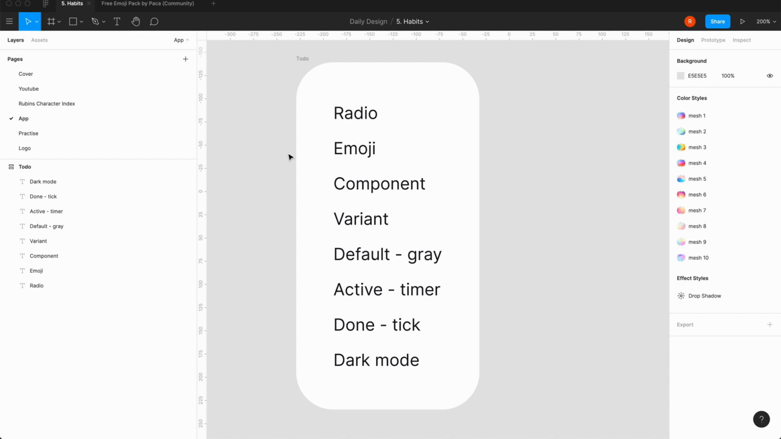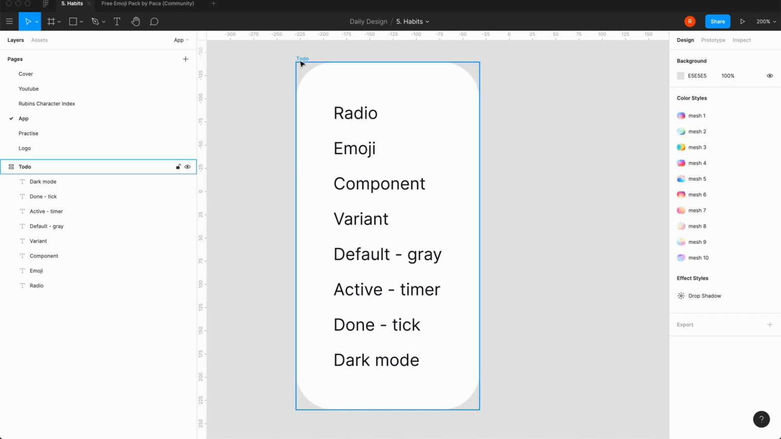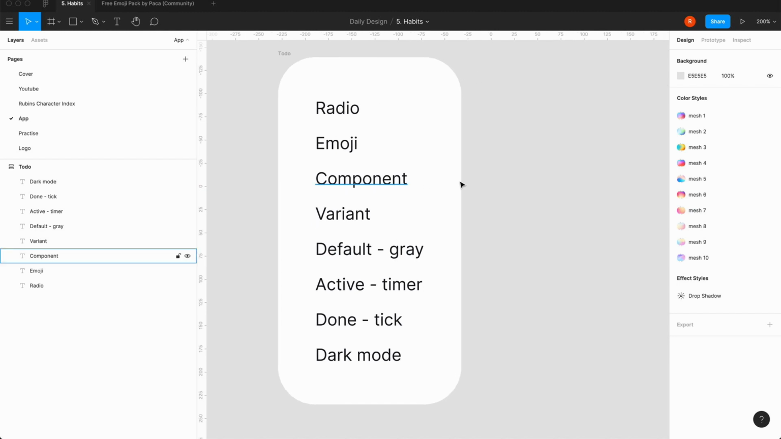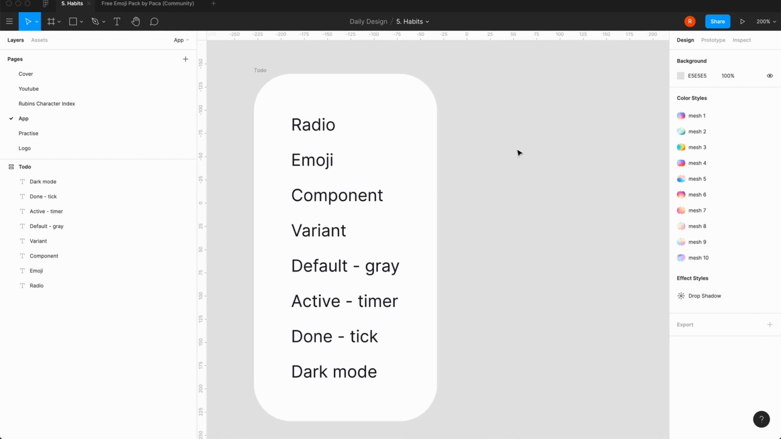And what we're going to build is a bunch of stuff: a radio button, emojis, a component, and then we're going to use variants to have the different states of the radio list checkbox, and hopefully do a dark mode as well. Okay, so let's get right in, and we're going to straight away go with